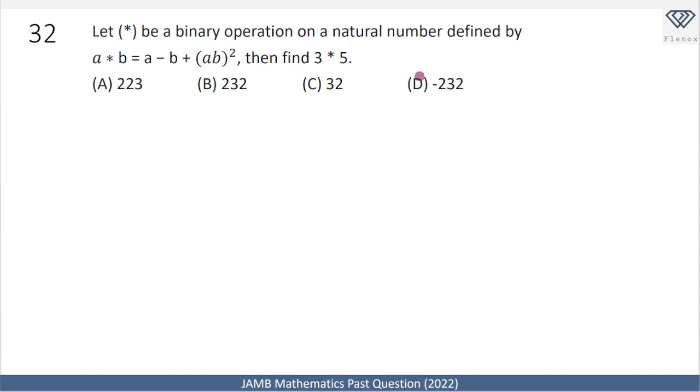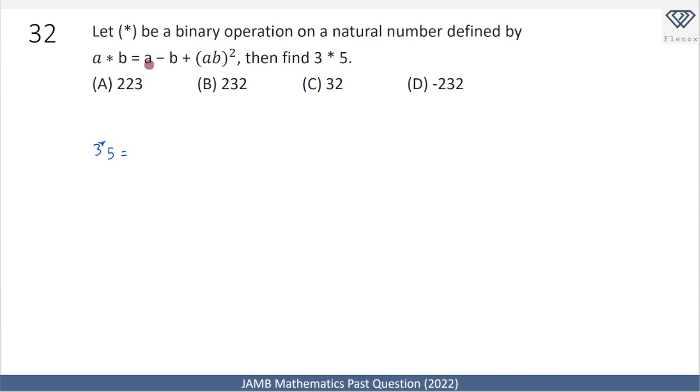Essentially it's just like giving us a function or an operator and telling us how that operator is going to play out. In this case, we're told that if you find two numbers given by this operator, this is the way in which we should evaluate those numbers. So 3 star 5 will just be evaluated by making use of this operator that we have been given. The operator says that when we have two numbers, a star b,